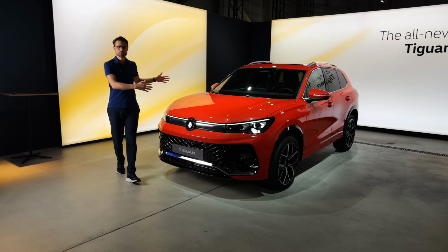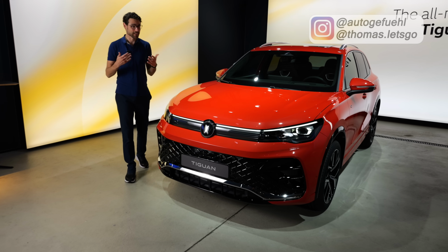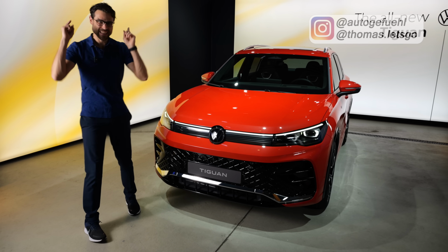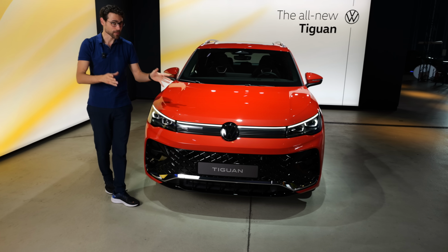This is the all-new generation of the VW Tiguan. And here with Thomas and Autogefühl in 4K, full screen, full length. Let's go with all the changes, and the most obvious one in the front, you can maybe already see it,